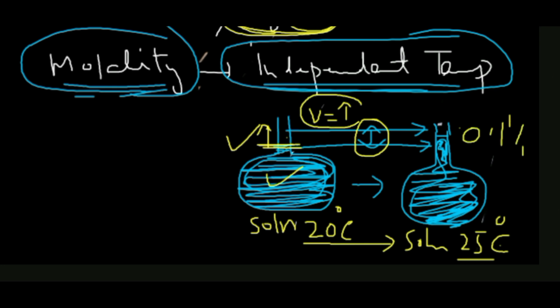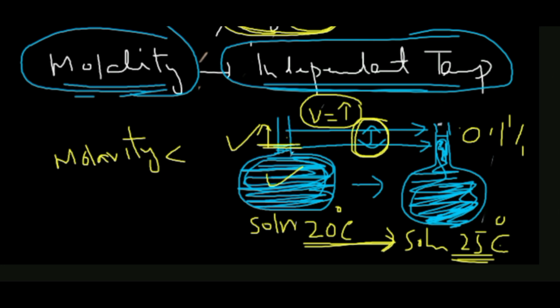So you can say here the volume increases. By increasing the temperature from 20 to 25 degrees Celsius, we have noted that the volume of the solution increases slightly by about 0.1%. So the number of moles of solute per liter, the molarity, decreases slightly by 0.1%. In this case, we have noted that molarity decreases slightly by about 0.1%, because the molarity depends upon the volume,